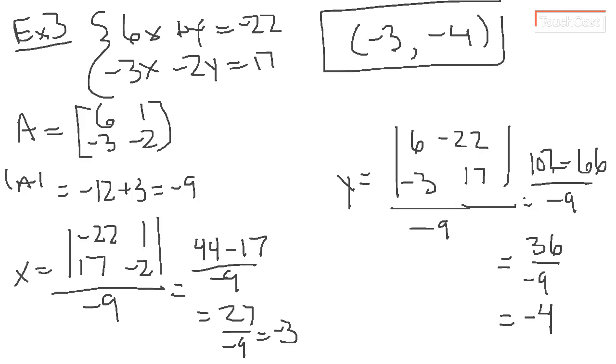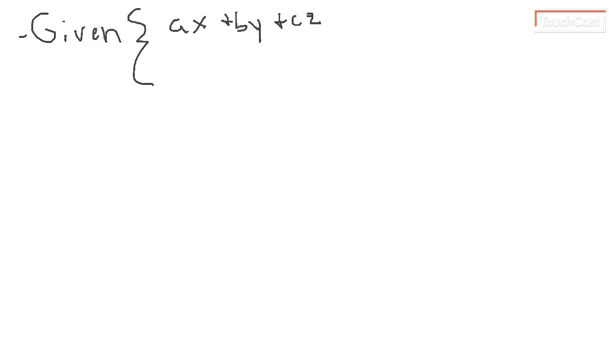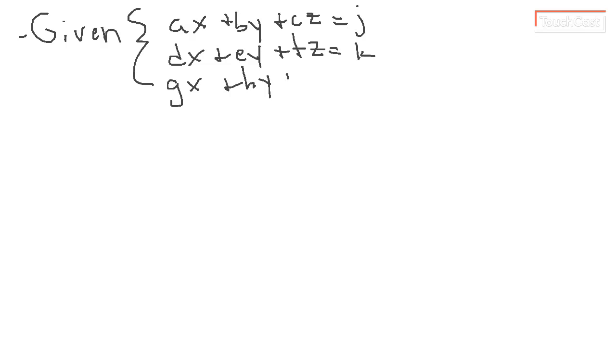Now we could plug these points back in to the two equations and make sure they satisfy them. They do. So now let's look at Cramer's rule for a 3-variable system. So we can say, given a system ax plus by plus cz equals j, and dx plus ey plus fz equals k, and gx plus hy plus iz equals L,